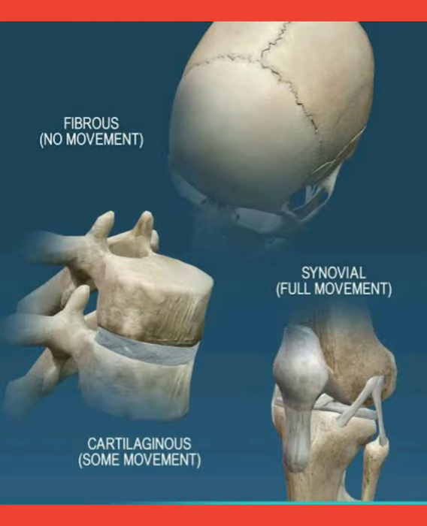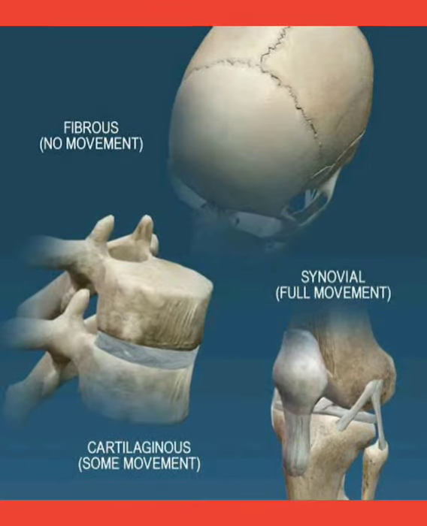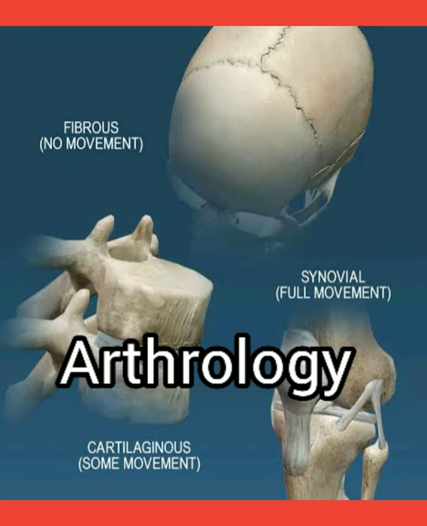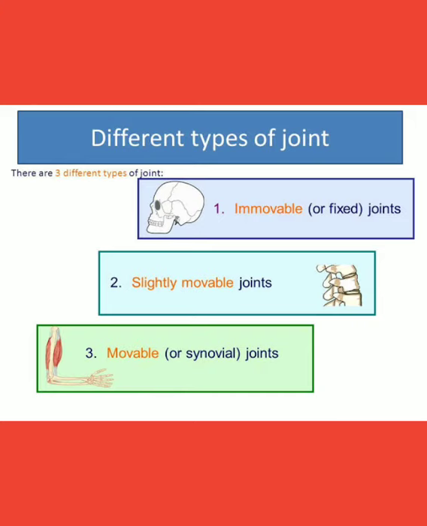So, as we all know, there are many joints between the bones of our body. As the whole skeletal system is made up of bones, where there is a union of two or more bones. So, bones are joined to each other by ligaments, and the study of joints is called arthrology. So, there are mainly three types of joints, they are fibrous or immovable joints. The next one is slightly movable or cartilaginous joints, and the third one is freely movable or synovial joints.